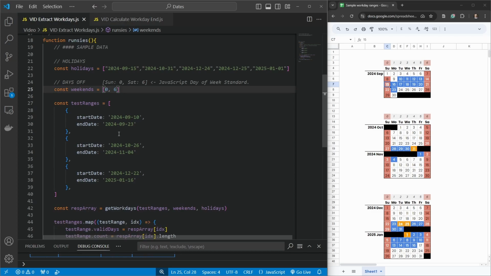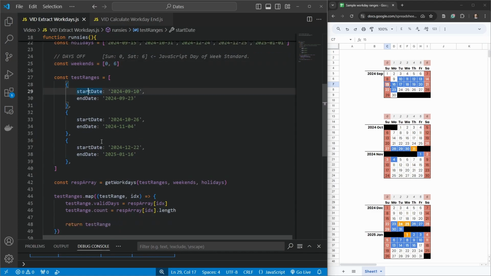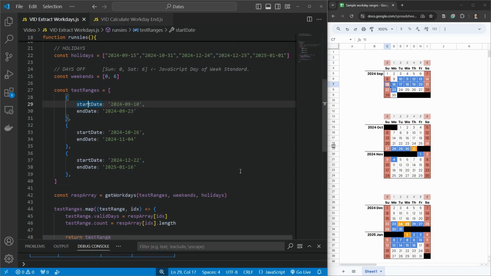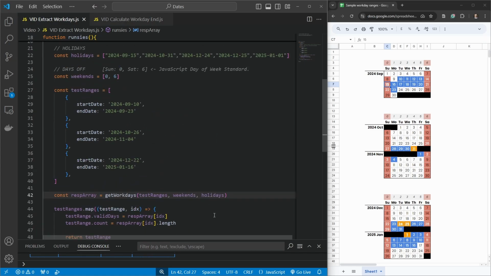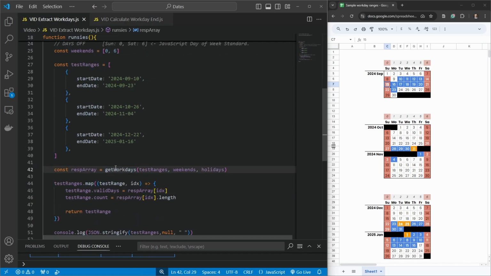Now, next up, we have a set of test ranges. And here we have an array of objects. And on each property of the array, we have a start date and end date object for each of these 3 sample examples. Then down here, we are going to call a function called getWorkdays, which we haven't created yet, but we will in a moment together. That will input this test range, the weekends, and the holidays. So this getWorkdays is going to return back an array of valid workdays as dates. So essentially, we're going to have a 2D array returning back to us 3 times with dates that are valid